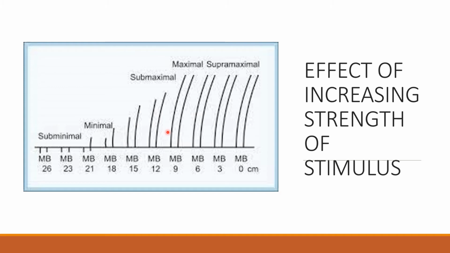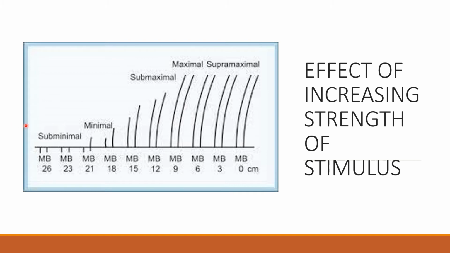So what is the reason behind this? I am telling you. When a muscle is stimulated with increasing strength of stimuli, more and more motor units are recruited. So this results in an increase in amplitude of contraction. A motor unit, as you know, is defined as a single motor neuron and the muscle fibers that it supplies. So the concept behind this is recruitment of motor units. As the strength of the stimulus is increasing, there will be recruitment of new motor units so that the height of the curve or height of the contraction is increased.